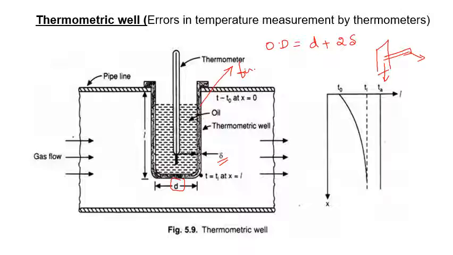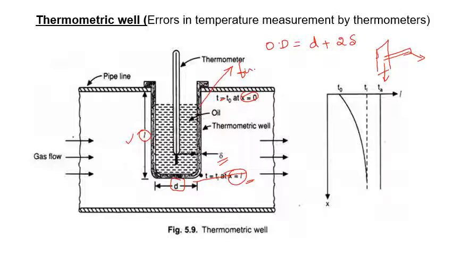The same way we are considering this as a fin, and here we are applying the boundary condition, x the distance, x is equal to 0, and the length of the well is L. So here this extreme end is x is equal to L, and the temperature at the base